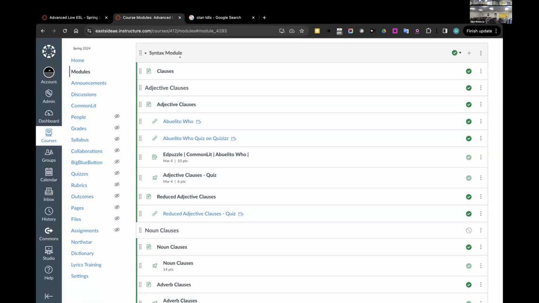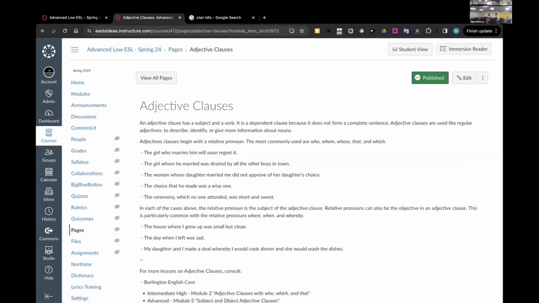So this week, this is what I did. We've been talking about clauses. Essentially through here, and I realize it's small, there's a little introduction, just discussing clauses and phrases in general, and then they focus on adjective clauses. Again, just something that I worked up, a little lesson on it.